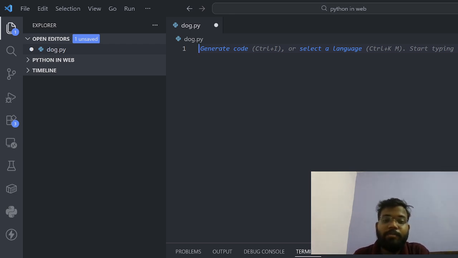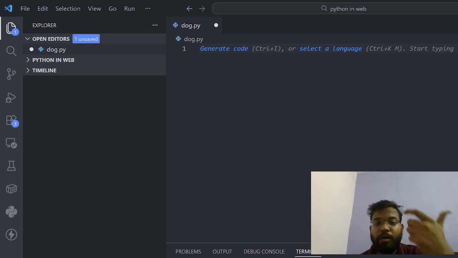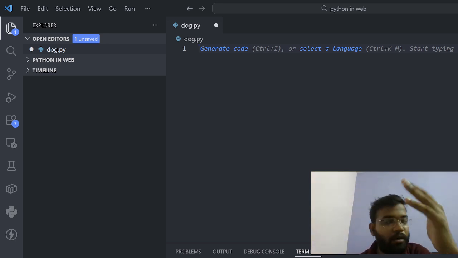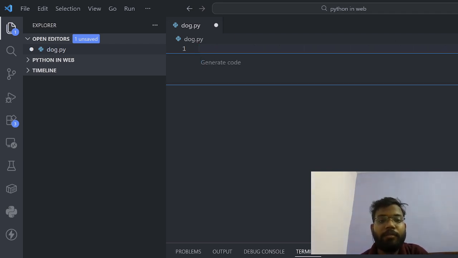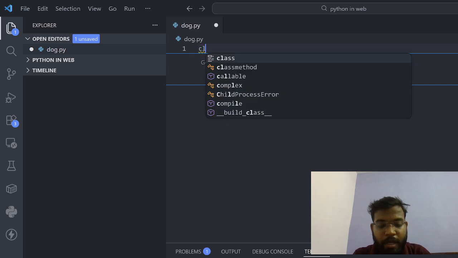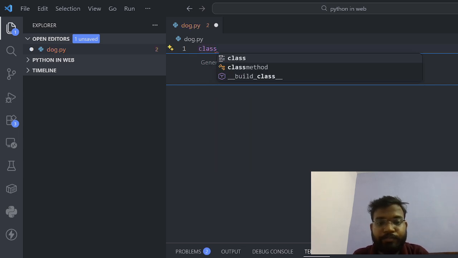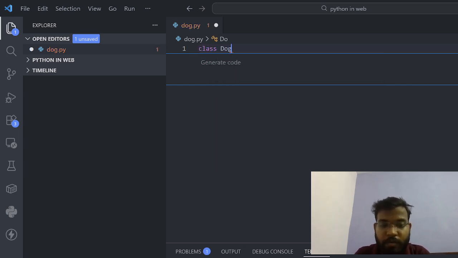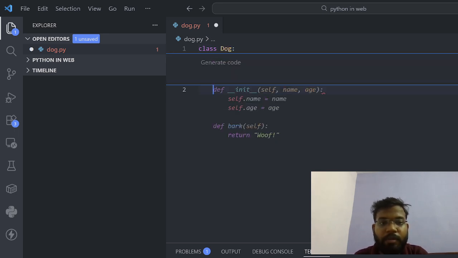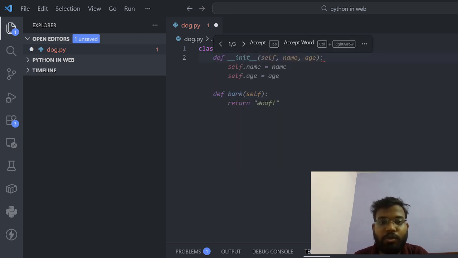Now let's build our dog blueprint together. In Python we use the word class to create one. First we write class Dog. Then we write def